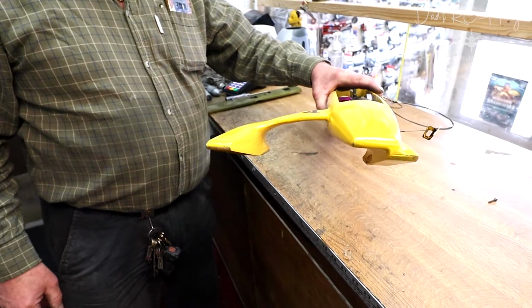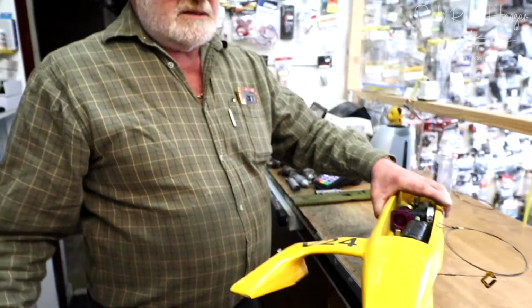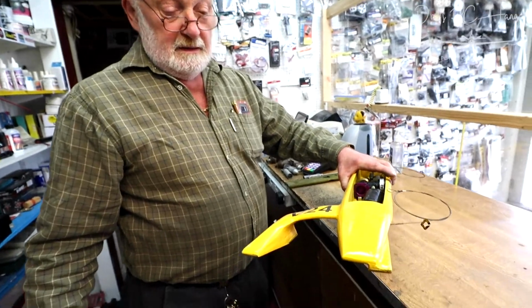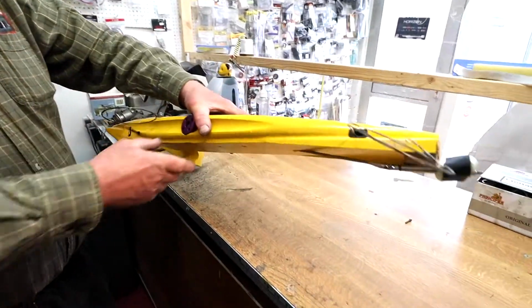Now that's crazy. I mean, surely they could do that sort of thing in big boats, could they not? Well, they do. Oh, they do? Yeah. But that's crazy, isn't it? Just setting your own exhaust. And then...